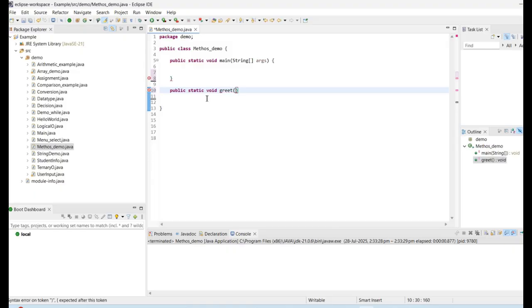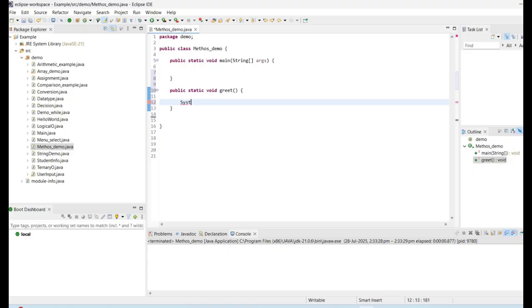As I am not passing any parameters, we have opening and closing parentheses, and then opening and closing curly braces. As I want to show that this is a method with no parameters and no return value,